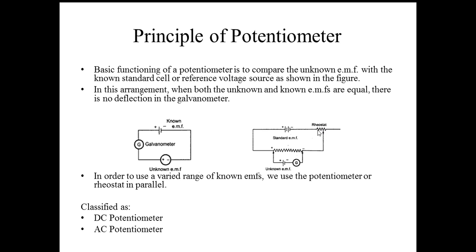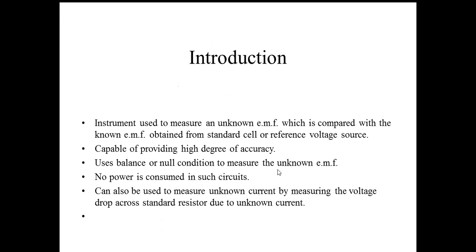You are sliding this contact throughout the wire from minimum to maximum. On the basis of this, whatever current is flowing through this part of the circuit can be controlled by controlling the rheostat resistance. Once you control the rheostat resistance, you can move the sliding contact and evaluate the value of the unknown EMF by the null condition or the balancing condition.